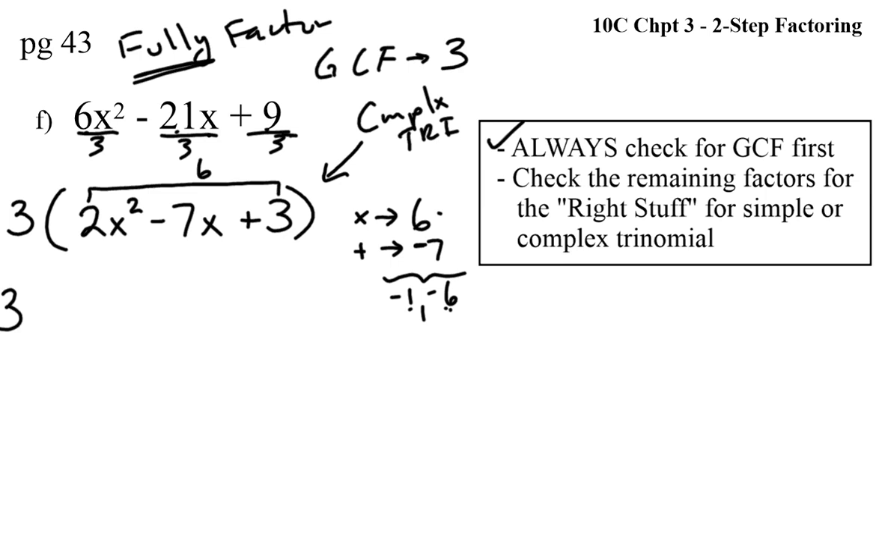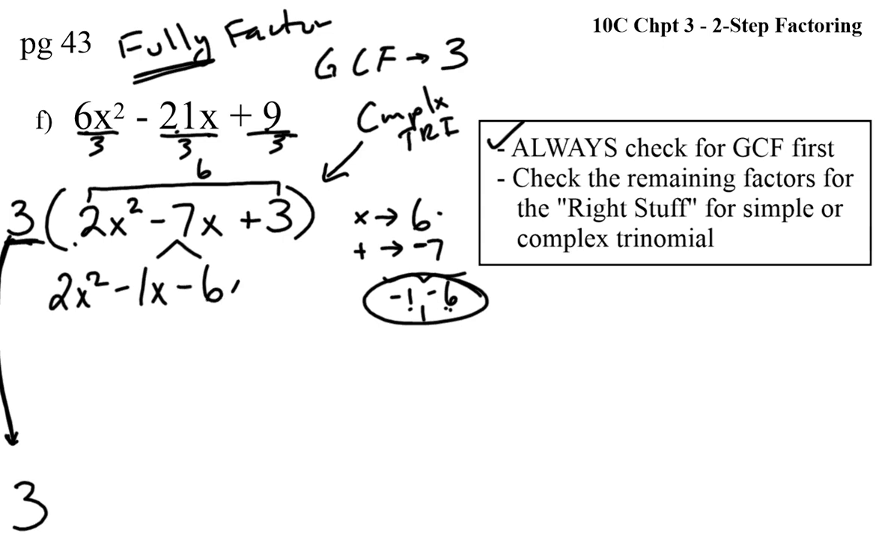So keep the 3 out front. Sometimes, I'll be honest with you, I'm going to do it a little different. I'm just going to remember that this 3 needs to be in my final answer, and now I can just work with my trinomial. But don't forget the 3 in your final factored form, because it is a factor. It needs to be in your final answer. So what did we discover? We still have 2x squared, but negative 7x is going to become a negative 1x minus 6x plus 3. Pair them up